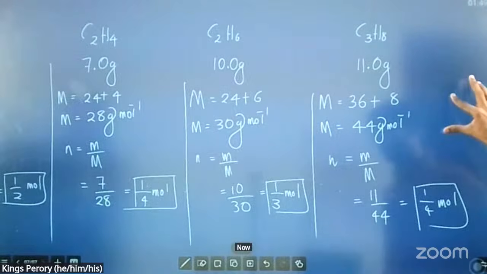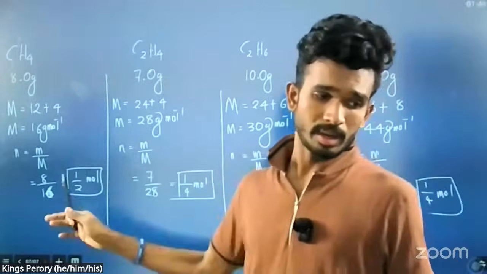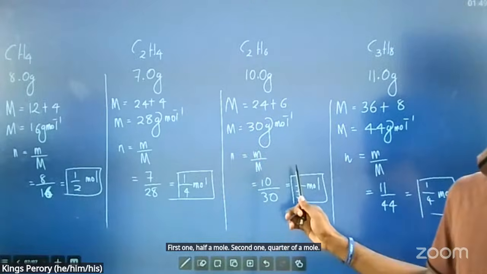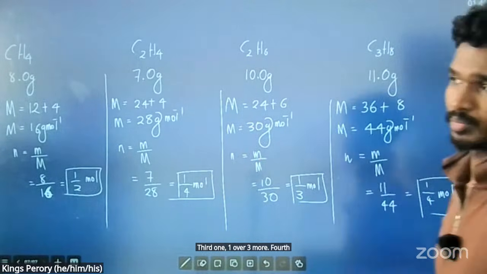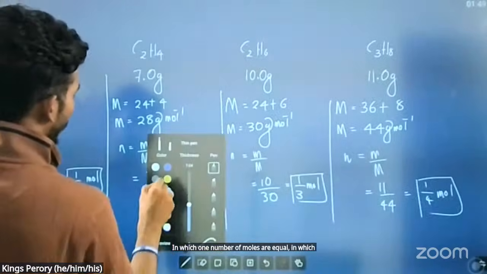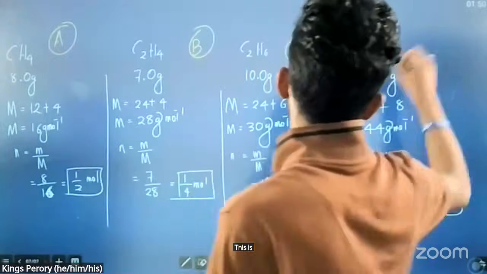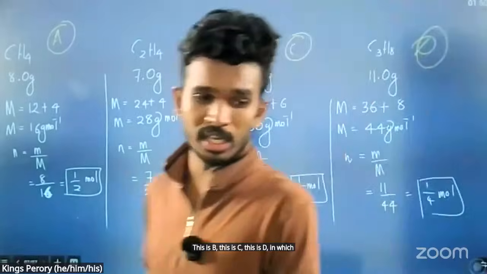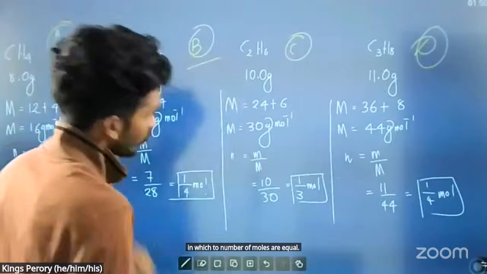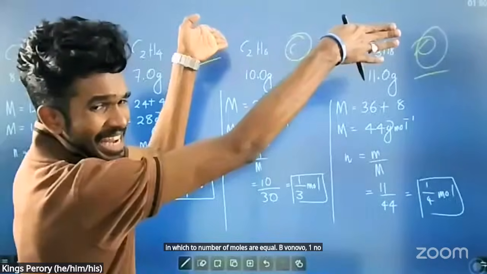Now look at all of them. First one, half a mole. Second one, quarter of a mole. Third one, 1 over 3 mole. Fourth one, 1 over 4 mole. In which two setups are the number of moles equal? This is A, this is B, this is C, this is D. Tell me. B 1 over 4, D 1 over 4, so in B and D the number of moles are